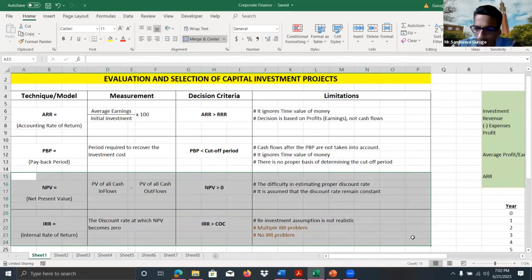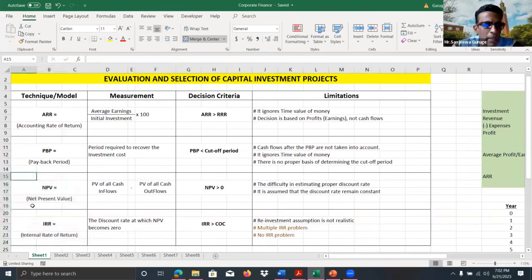You all know how to calculate NPV and IRR. Generally, when we are evaluating one project, there will not be any conflict between NPV and IRR ranking if we evaluate a single project. The reason: if the NPV is positive, that means IRR is greater than the cost of capital. IRR greater than cost of capital means NPV is positive, because at IRR, you know the meaning of IRR very well.